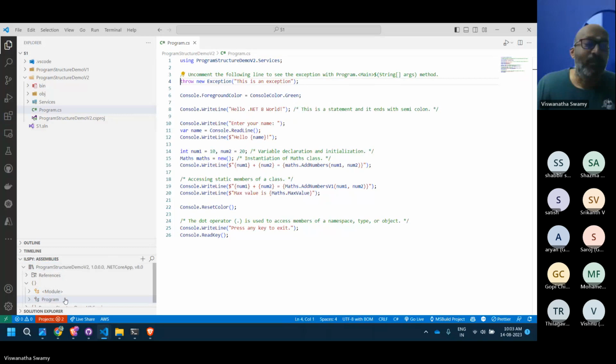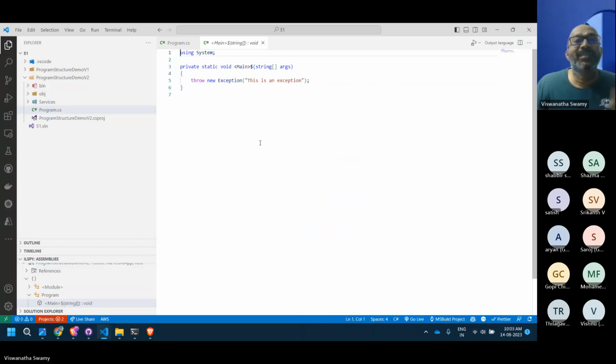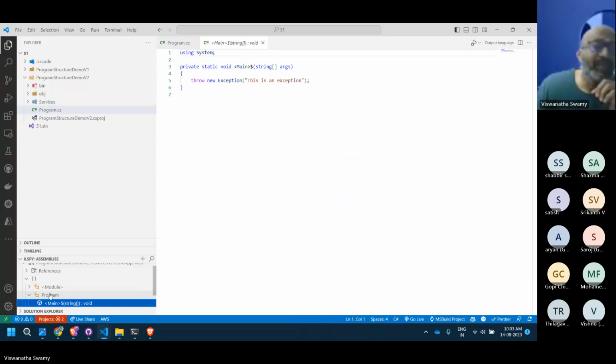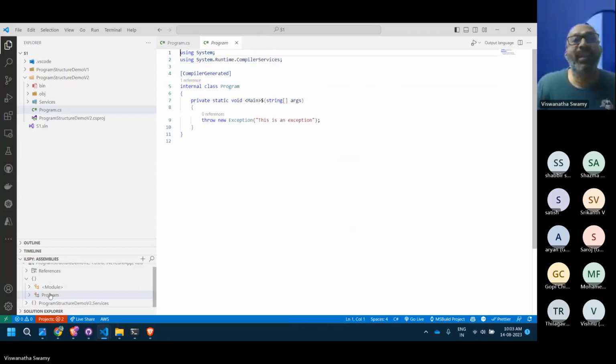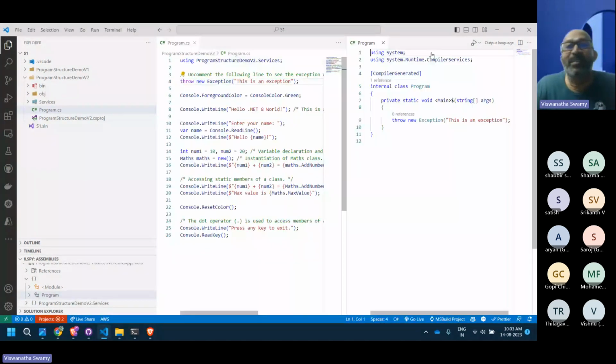But what the compiler generates is it adds the main method for us. This is the system generated. Let me put both side by side. See that? System generated. This is an exception. So it's generated internally.